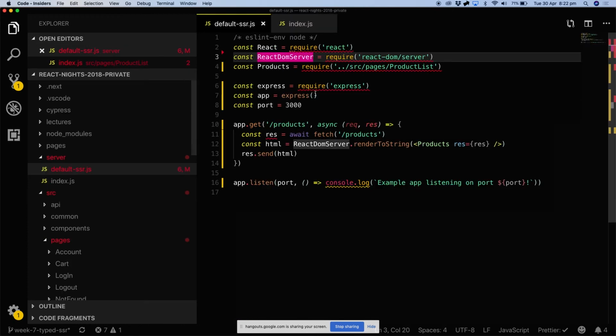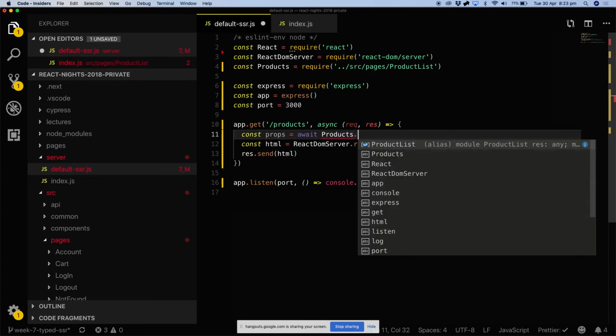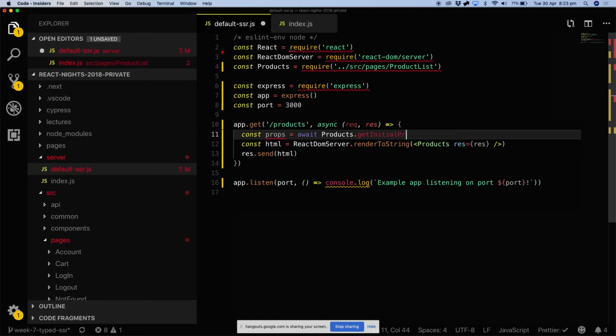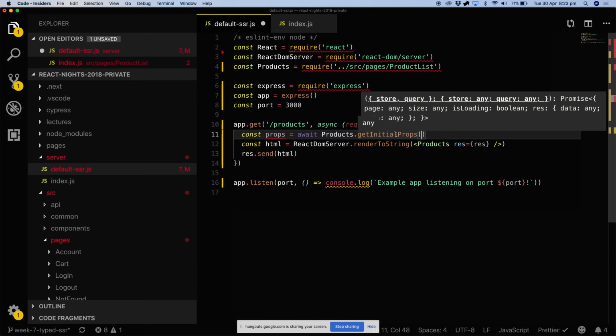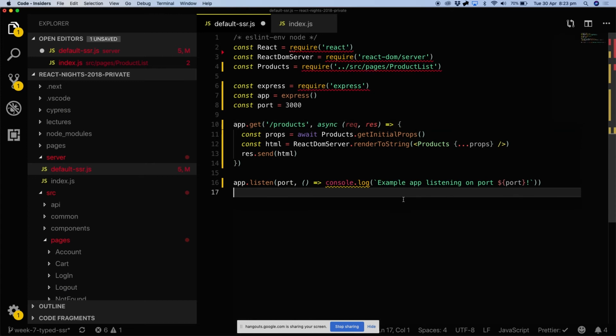Now, how the server knows where to get this, it's quite easy. It's pretty much what I just did before. Instead of calling await fetch, it's going to find the getInitialProps, and magically we're going to pass some data. Next is going to do that, but in the simplest version, we're going to just do this and just spread the properties that we get from